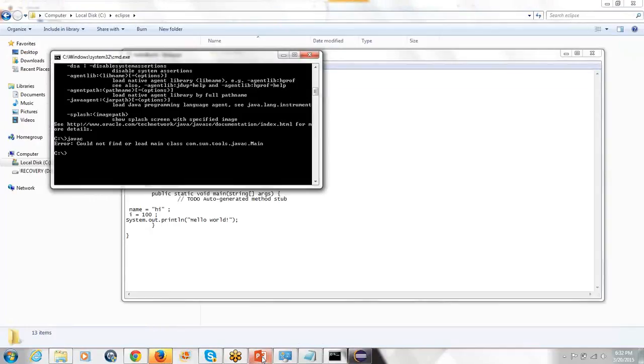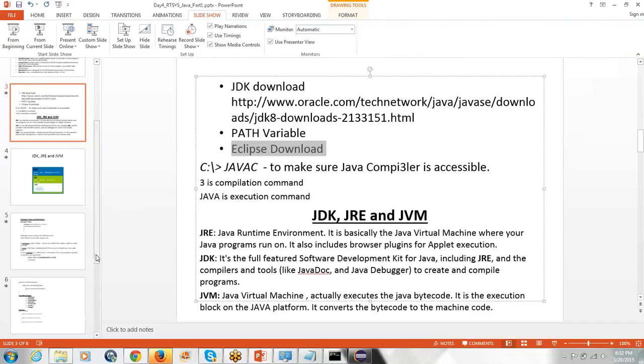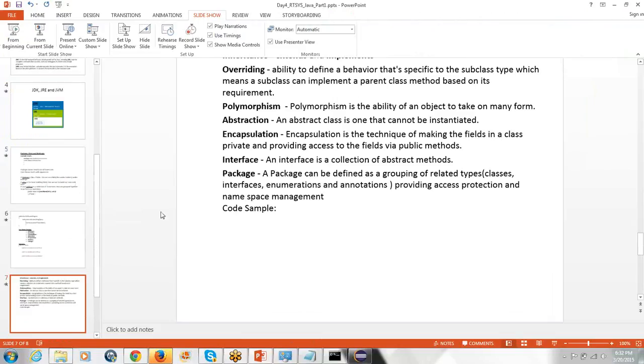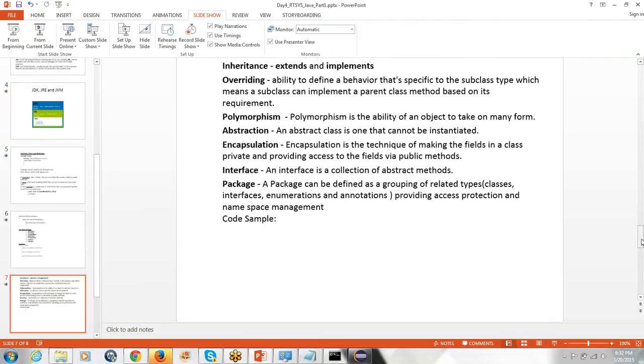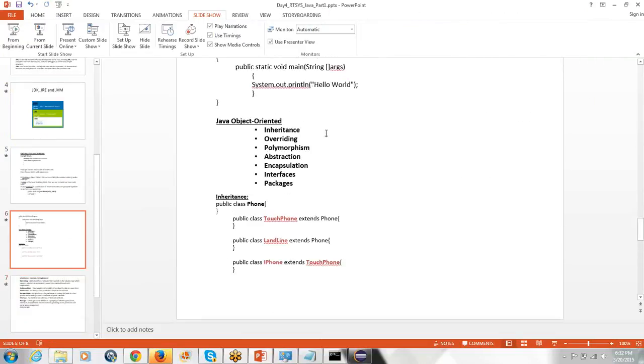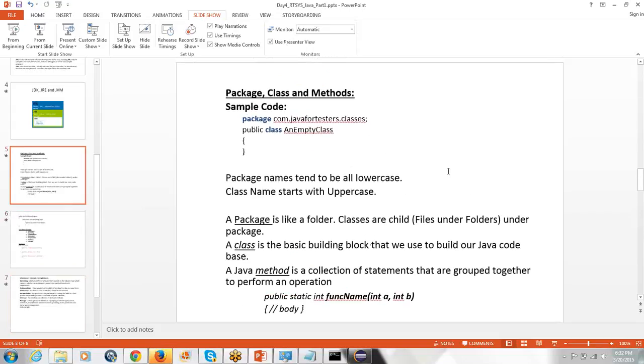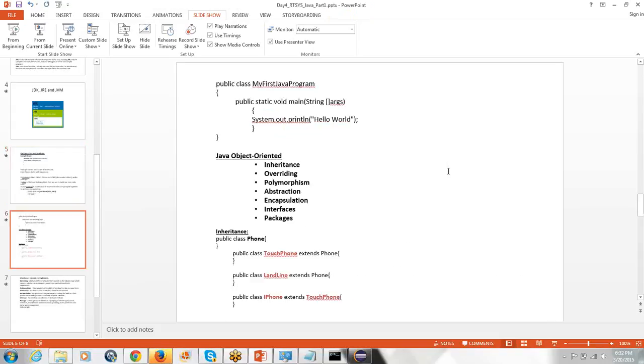So then I will not continue the object-oriented features in this class, because it may be confusing if you don't understand the basics of Java, right? So try to work through this installation part and then write a small program. Then probably in the next class we'll talk about this theoretical concept,